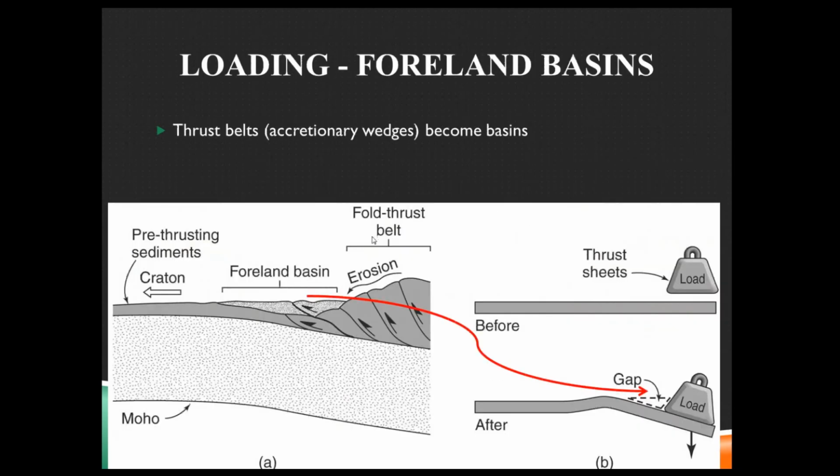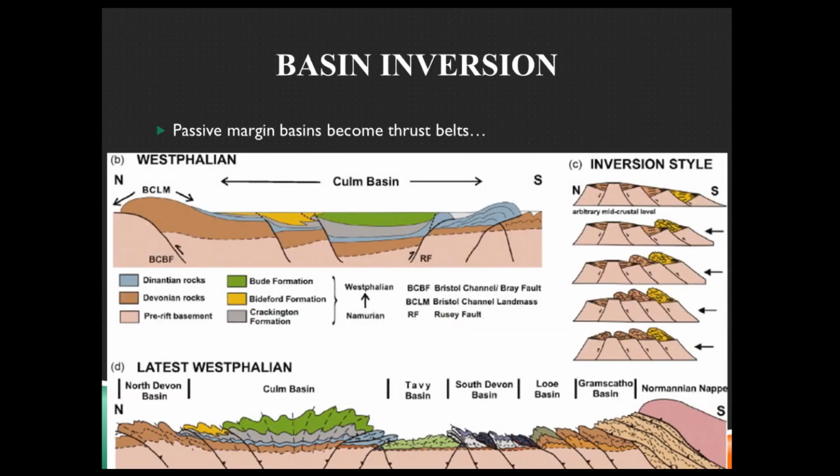So this is a thrust belt from the accretionary wedges, a thrust belt becoming a basin because of the loading. We also have basins becoming thrust belts. So a basin, like a back arc basin, for example, can then, because of the compression, start becoming a full thrust belt. So it was this kind of extensional basin, start pushing and compressing, everything thrusts upward,